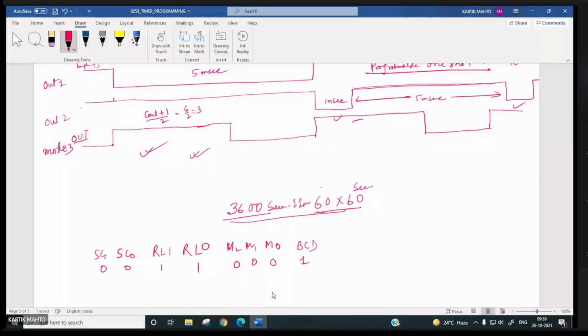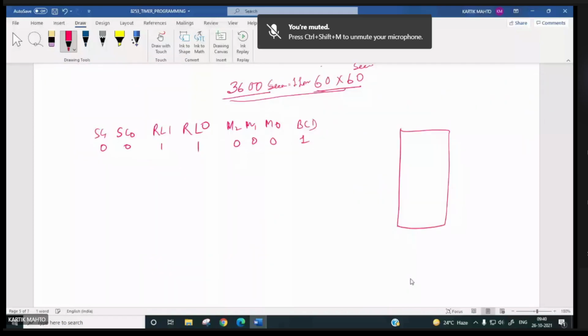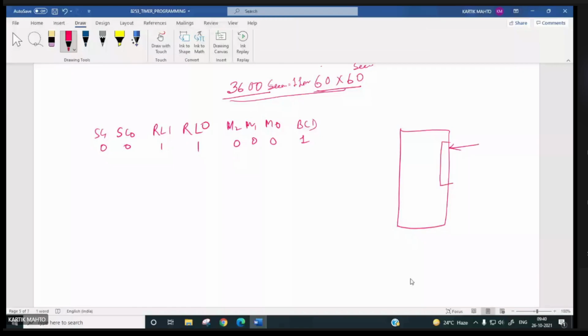This is counter 0 in mode 0, and the clock 0 is of 1 hertz, right?